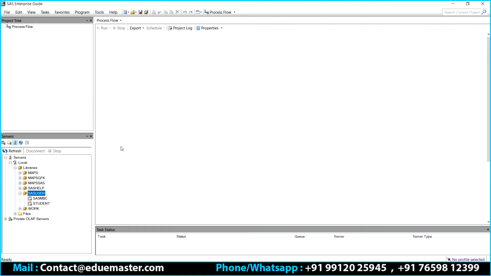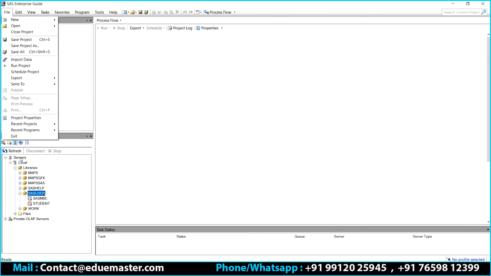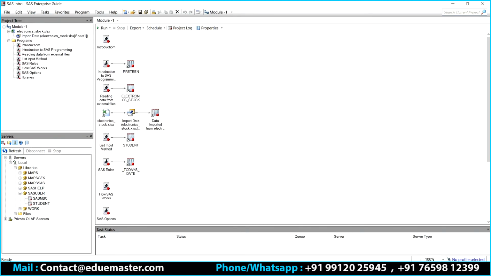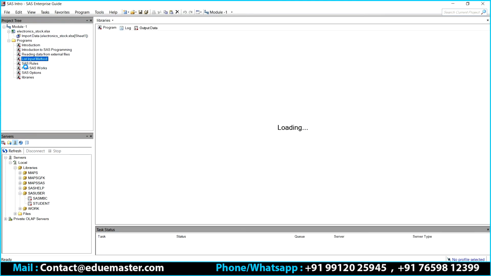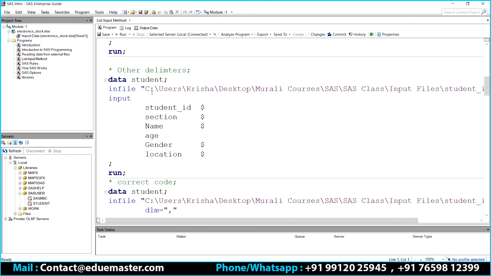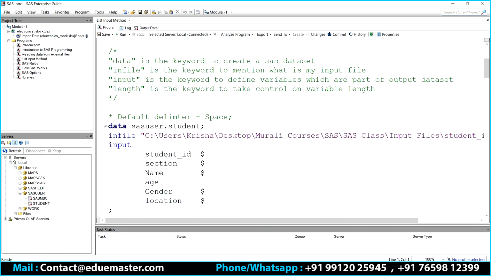So except SAS user, you don't have permission to open in any other. Let me show you. Right? I created here, where I have created in SAS user. Correct? Now let me try to create, instead of SAS user, in SASHELP.